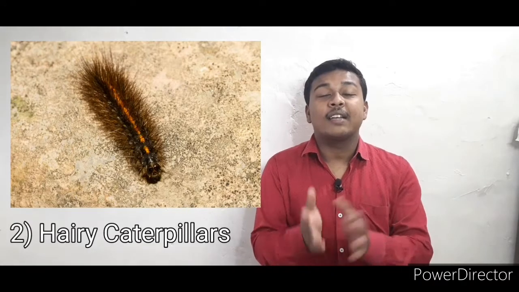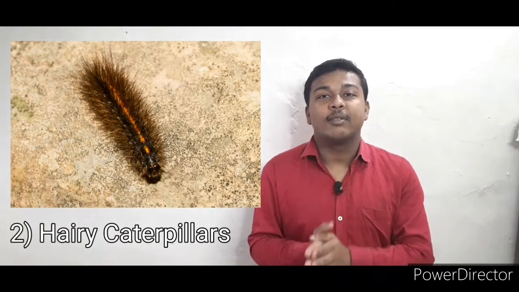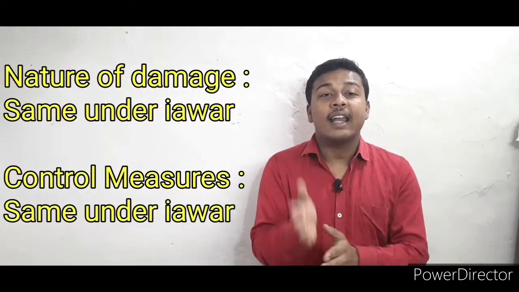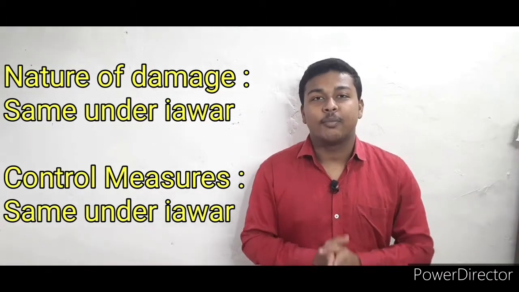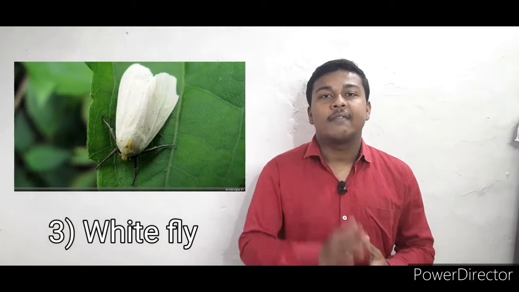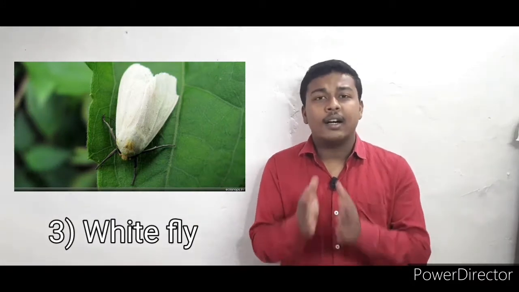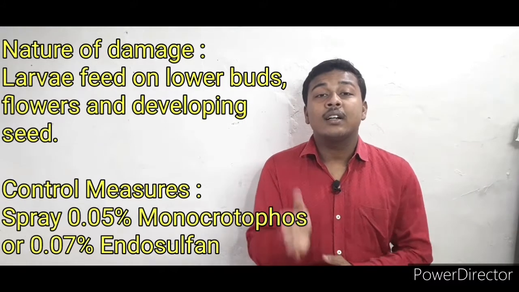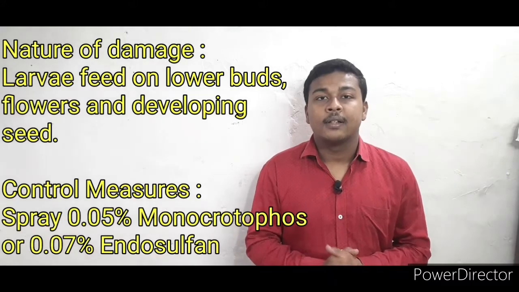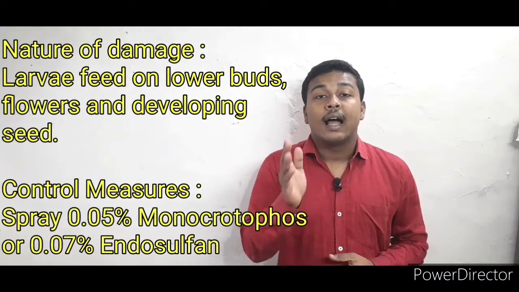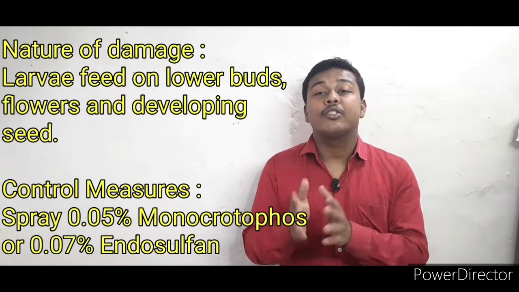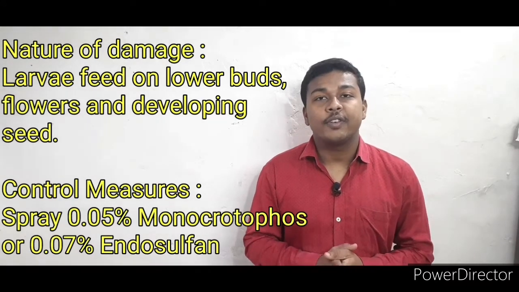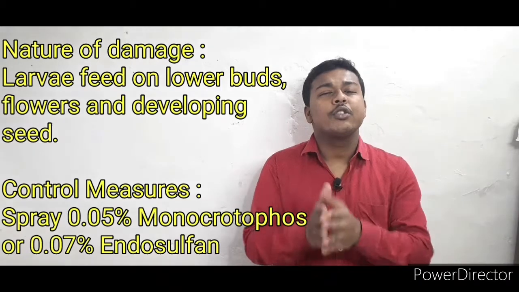It is the same for the hairy caterpillar as well. So in case of stem fly and hairy caterpillar, you need to follow what I've just told for the Jowar crop. The third one is white fly. In this, the larvae feed on the lower buds, flowers and the developing seeds. And to control them, spray 0.05% of Monocrotophos or 0.07%